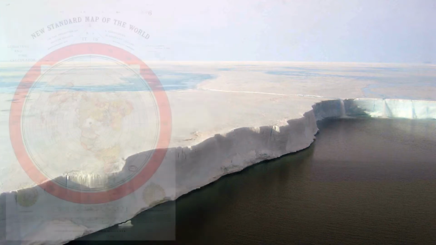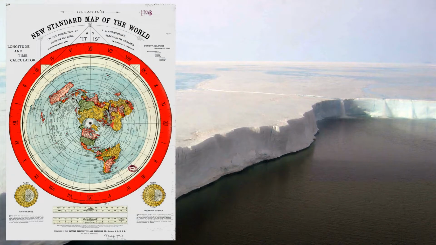Now, as you can see, it's really simple how they pull it off, making you believe that Antarctica is a continent when it's not. That's why it's called the Antarctic Circle, because it's an ice wall, a circled ice wall all the way around the whole world. And I've had a lot of people say, well, I've had friends that worked there